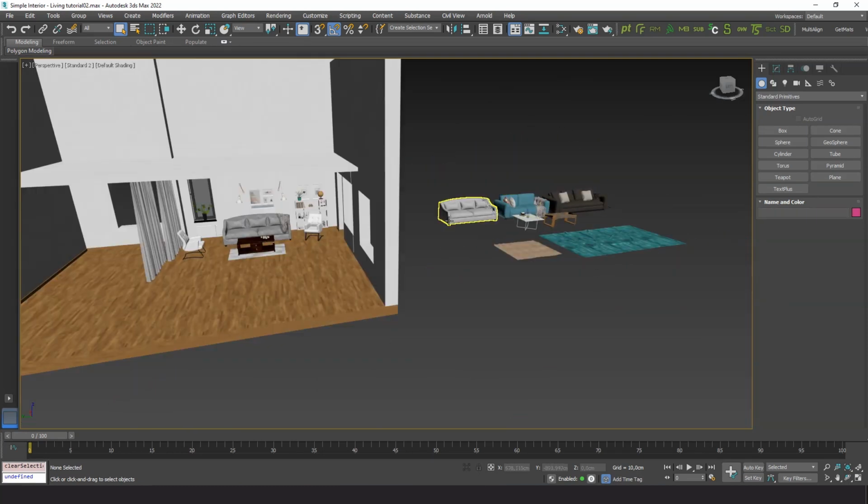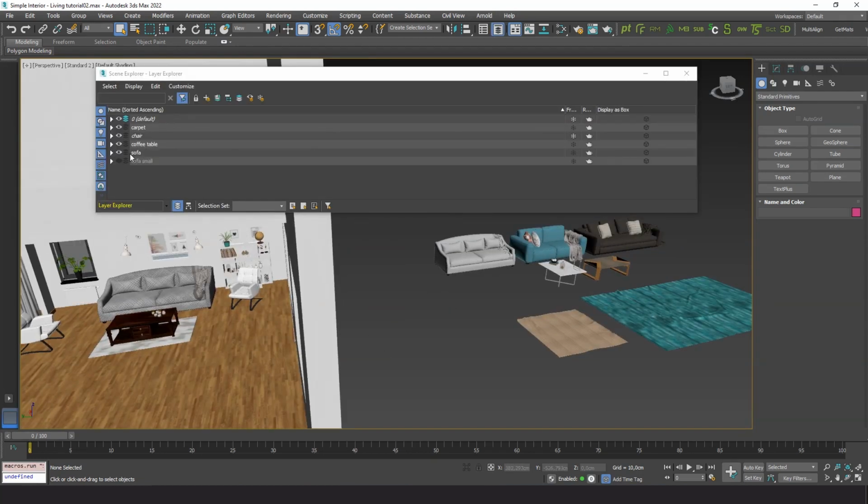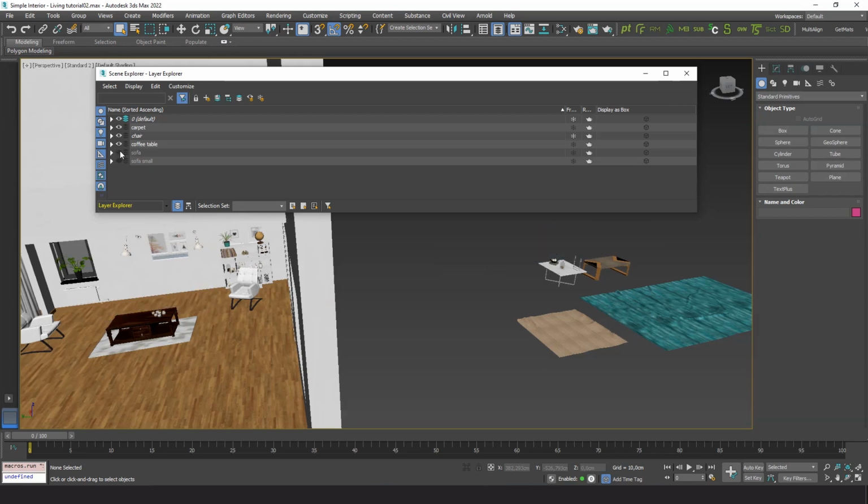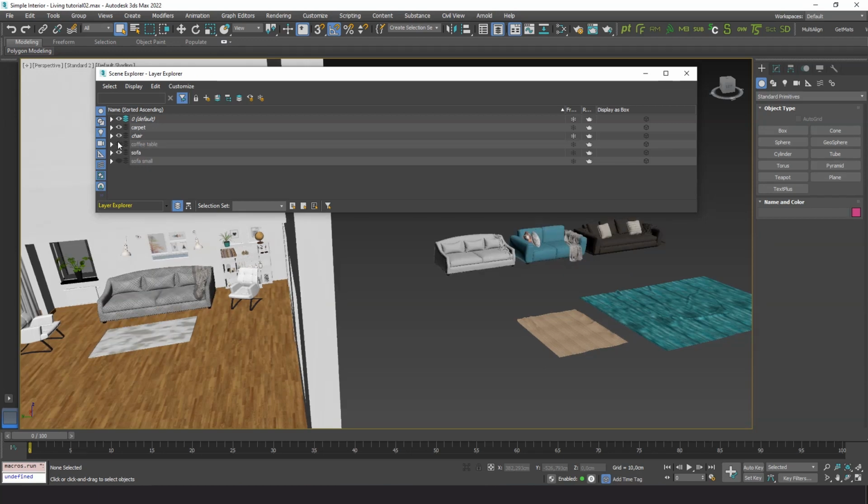With Random Mixer we can quickly switch and combine these models, and manage those variants in a collection of states. Then we'll choose the best options, make some adjustments and finally render them all in one step. As you can see in the Layer Explorer, we've arranged the sofas, coffee tables, and carpets on separate layers. This is not required, but it makes loading elements in the plugin faster.